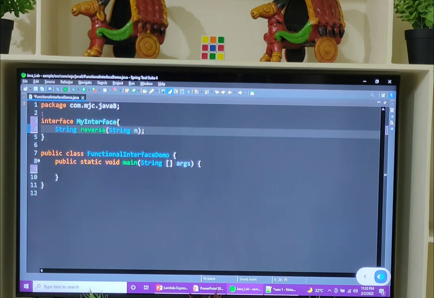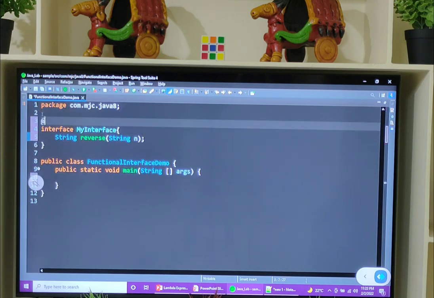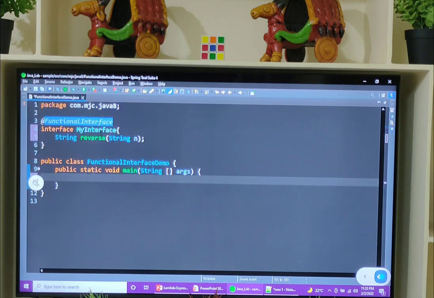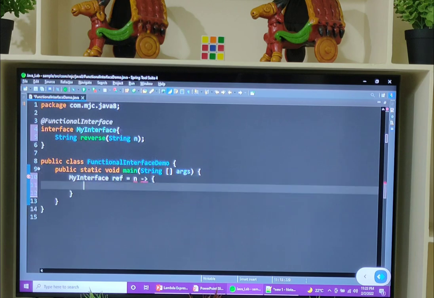So in order to designate this as a functional interface, you have to use @FunctionalInterface. And let's provide implementation to this reverse abstract method in the form of a lambda expression and assign that lambda expression to the reference variable of the functional interface. So MyInterface reference is equal to n arrow operator.